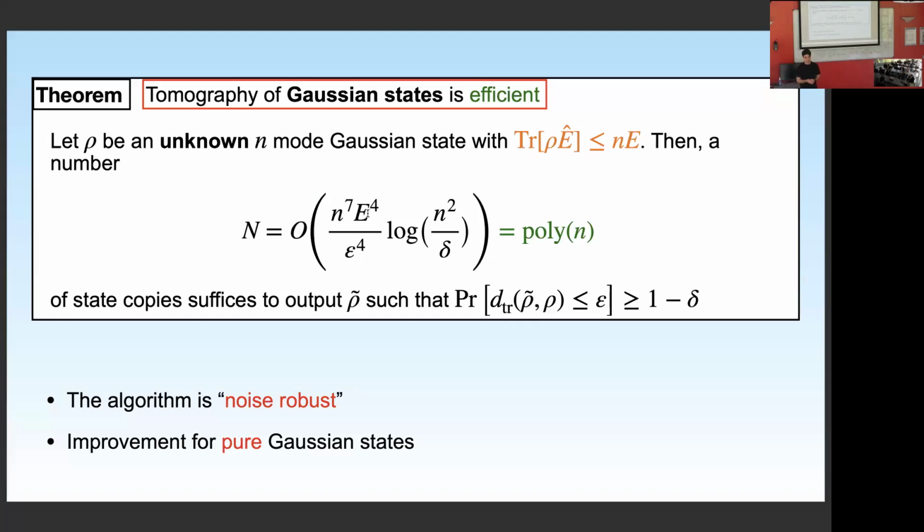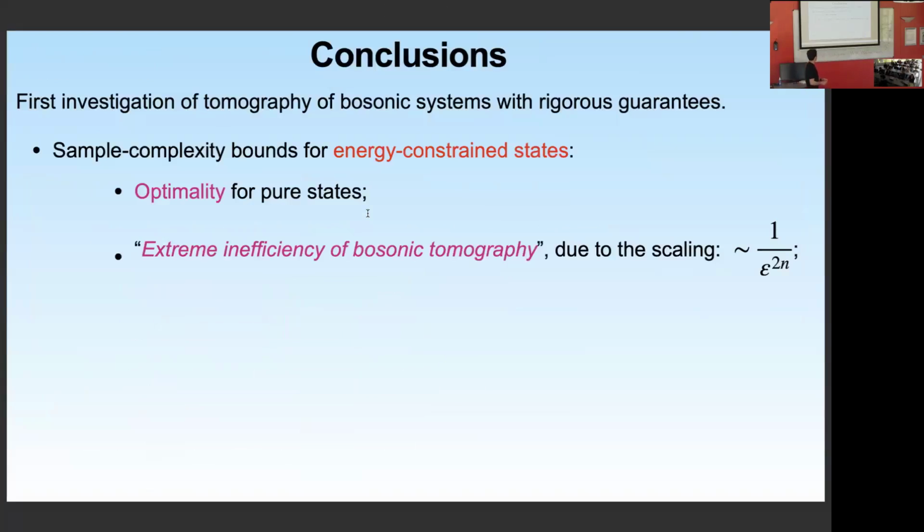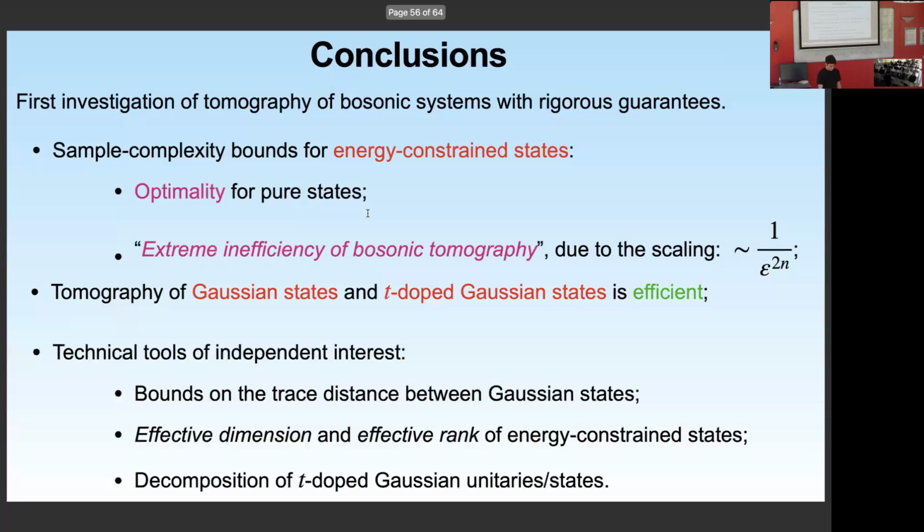And so to conclude, we found sample complexity bounds for energy-constrained states and moment-constrained states. We found the optimality for pure states, the relevant scaling. And we found this phenomenon of extreme inefficiency of bosonic tomography due to the scaling with the trace distance and the number of modes. And then we delved into the analysis of tomography of Gaussian states and t-doped Gaussian states, which I will show is efficient. And we provide some tools that may be of independent interest, that are these bounds on the trace distance between Gaussian states,